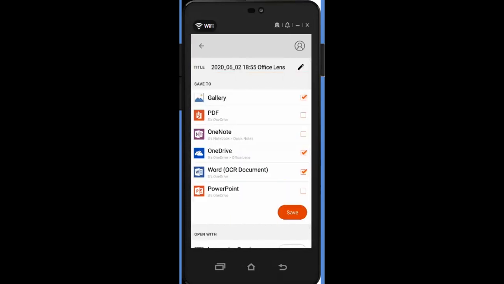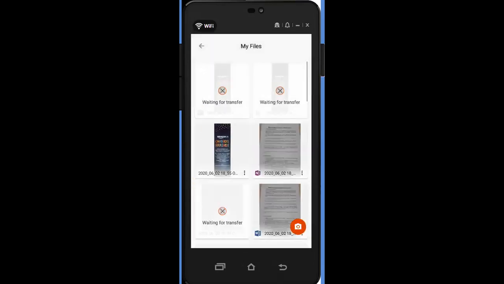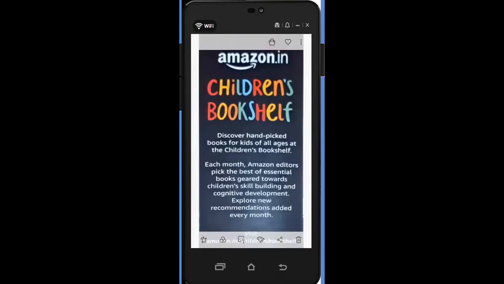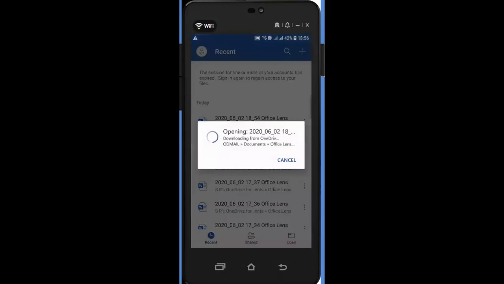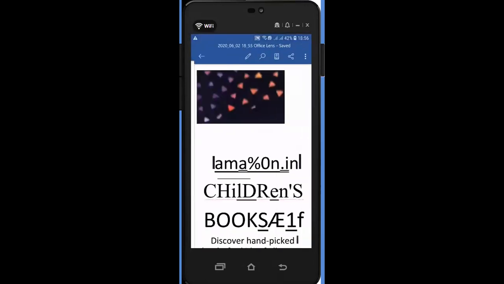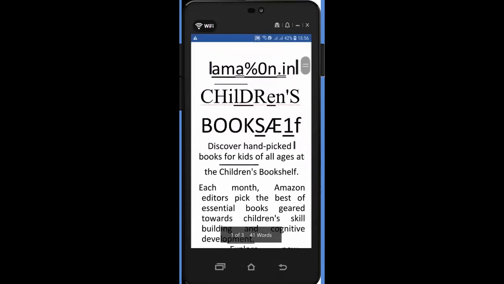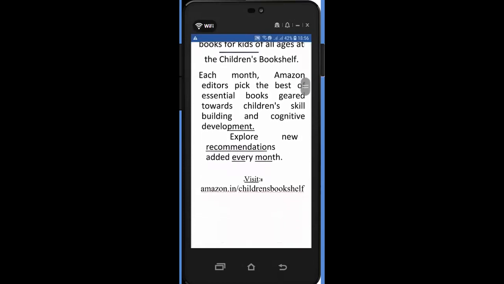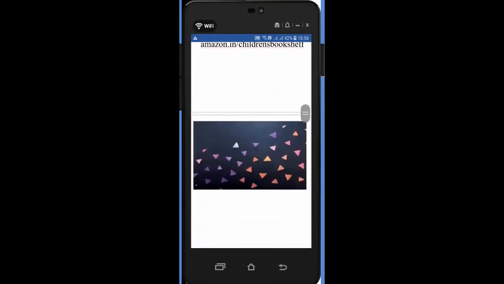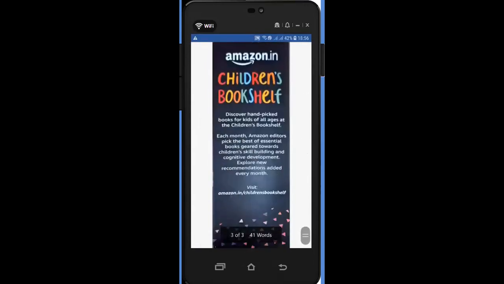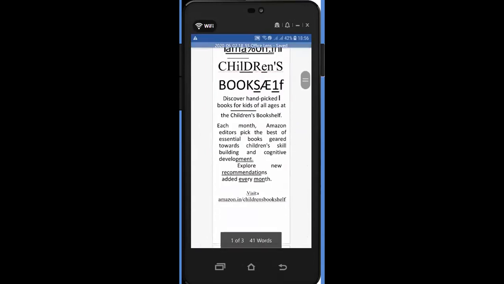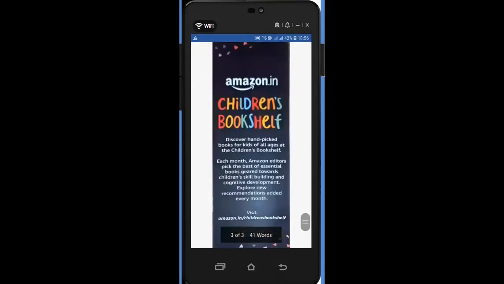And once again, let me save it as a gallery PDF. So JPG and PDF, and let me also put a Word and then see what happens. So once again, this is the normal picture that you have saved. That looks good, and it also saves as a PDF. Now let me show you the Word document. It's an OCR document, optical character recognition. So whatever text is there on it comes up here. So you can see. And below that in the same Word document, you can see the document that is there. So the text that's available is captured here, and the document itself.